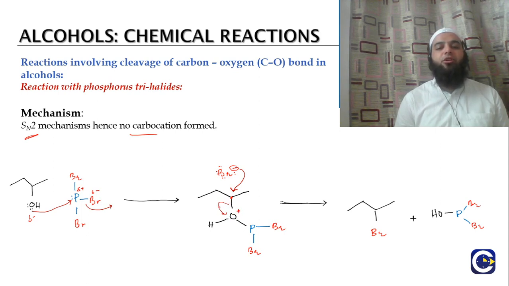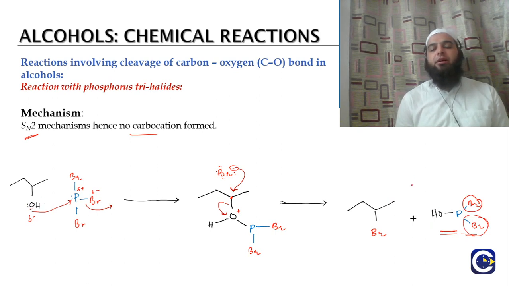As a result, the electron pair goes towards the oxygen, and it leaves as this complex, as this intermediate in the reaction, and we get the first molecule of alkyl halide. Simultaneously, two similar reaction steps take place in which these two bromine atoms are replaced by hydroxyl groups.